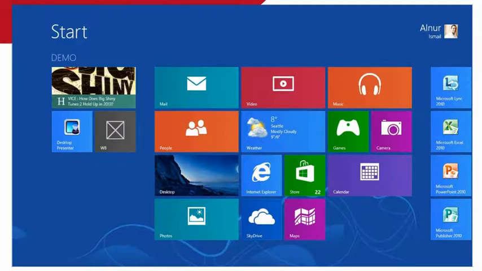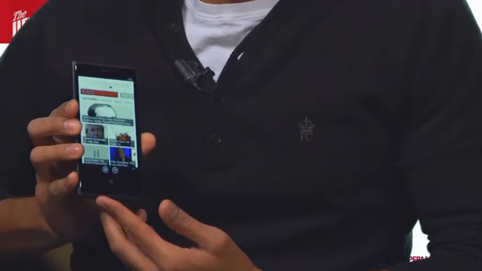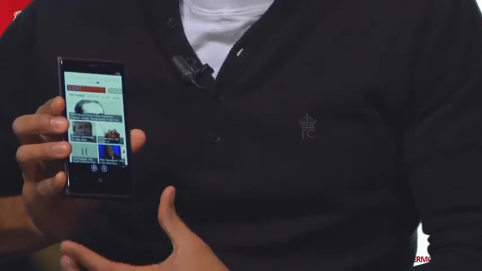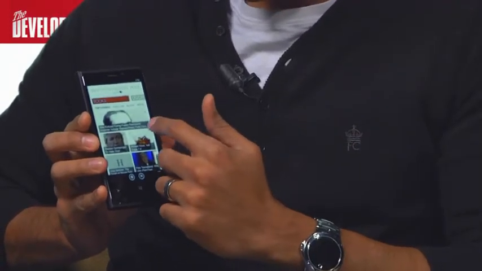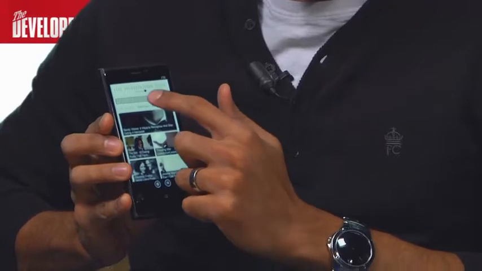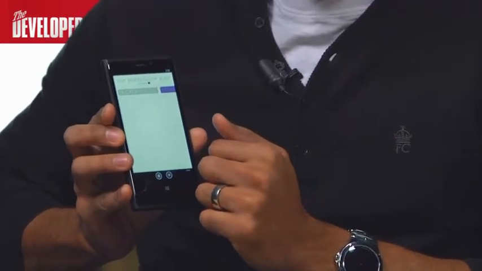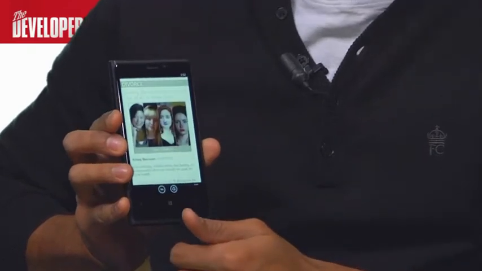And so now I'm going to show you the app on the Windows Phone. So this is the Huffington Post app on the Windows Phone. And as you can see, the UI is a little bit different. Obviously, we want to leverage the form factor. The device is a little bit smaller. But you can see the same type of topics at the top there. I'm able to dive into top stories or popular stories. I'm able to pull up individual articles